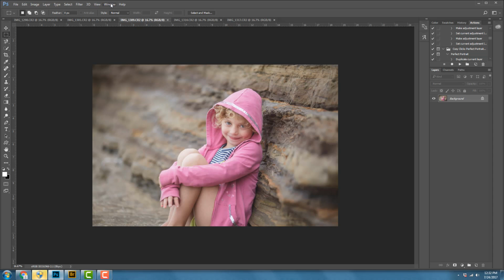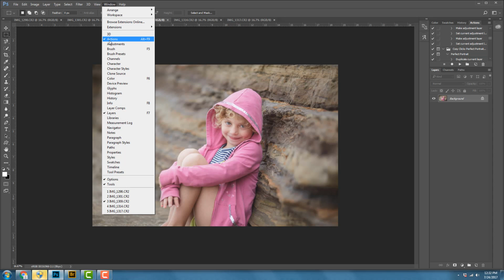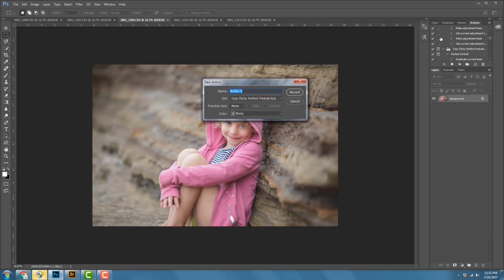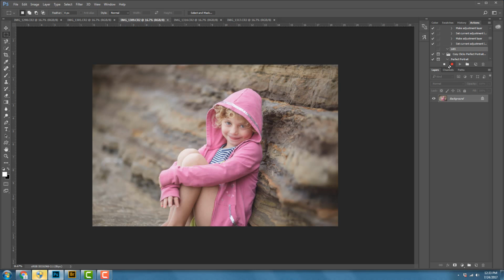So you're going to want to make sure you go up to Window and Actions is checked. There'll be a box that pops up over here that has that Actions tab. And to the right of it, you'll see a menu bar, little horizontal lines. You're going to click on that and you'll click New Action. And we will call this one, I'll just call it Set 1 for now. And I'm going to click Record. And you'll see that red dot lights up there,